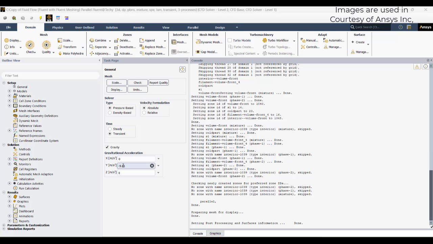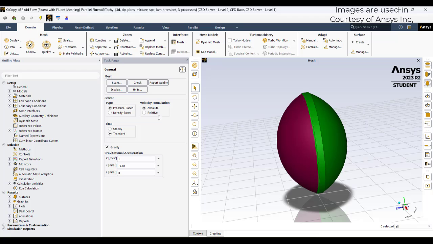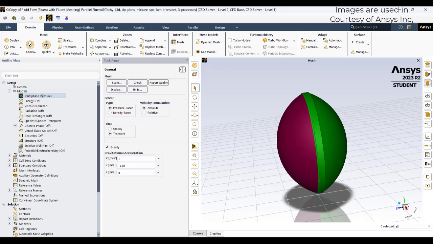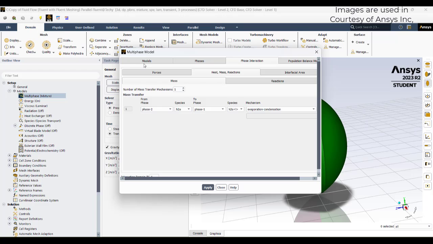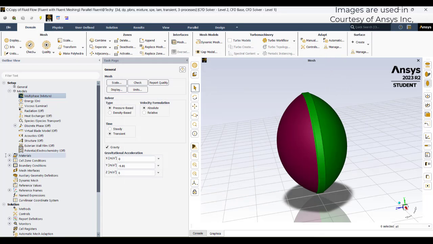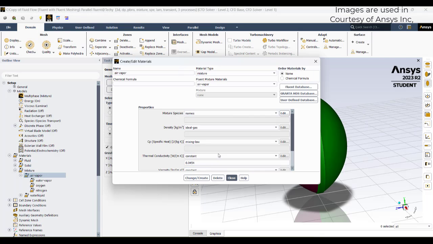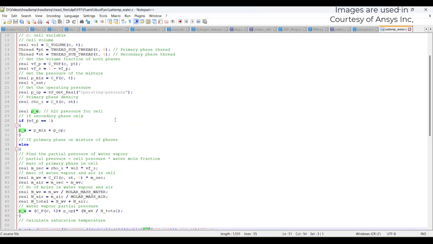I have activated the gravity, which is in the minus 9.81 direction. You can see it is y minus 9.81. And in the models, I have activated the mixture model. In the mixture model, you need to activate water liquid as one phase and the secondary phase as air vapor. In the air vapor, there are 3 components: water vapor, oxygen and nitrogen. As is clearly shown in the UDF,